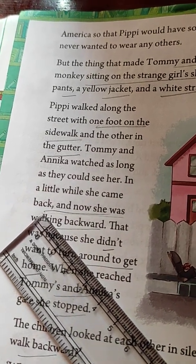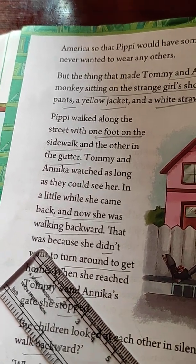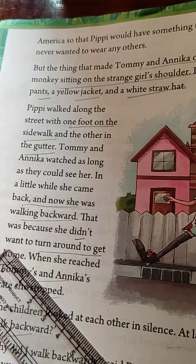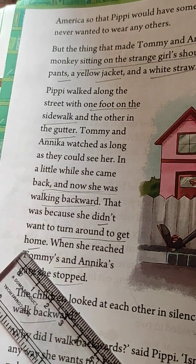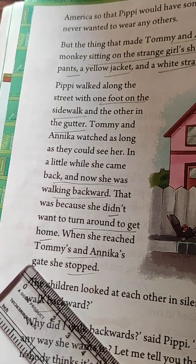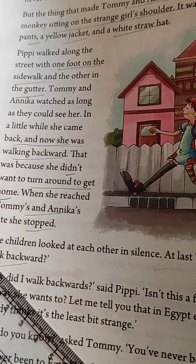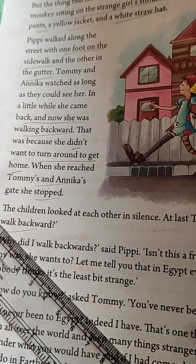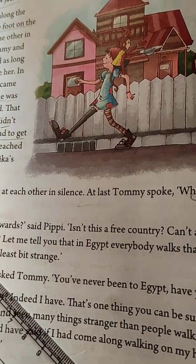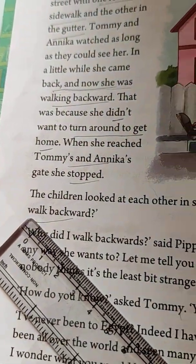And when she walked and when she came back, she did not take a turn. She walked backwards. Why did she walk backward? Because she did not want to go around to get home. And when she saw Tommy and Annika, she stood there and began to talk with them. The children were shocked to see her. Both of them were quiet. At last, Tommy spoke to Pippi. He asked her, Why do you